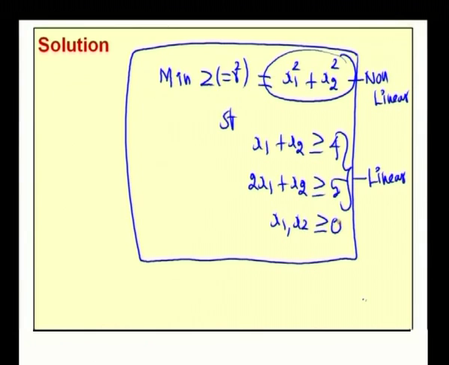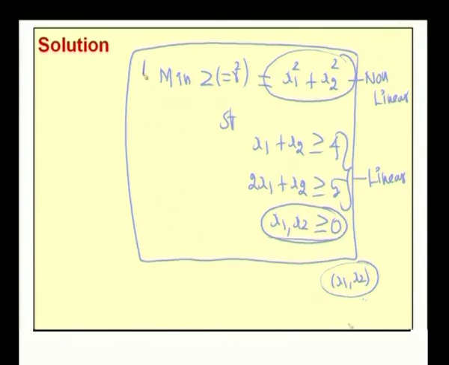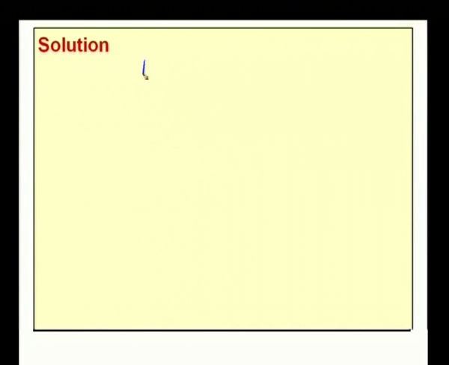In this problem, the last set of constraints says both x1 and x2 should be non-negative, x1, x2 greater than or equal to 0. Therefore, our search for the pair x1, x2 should always be in the first quadrant. So, we should look for the optimum solution only in the first quadrant. Now, we will consider the rectangular Cartesian coordinates O, x1, x2. This is our x1 axis, this is our x2 axis, and this is our origin.